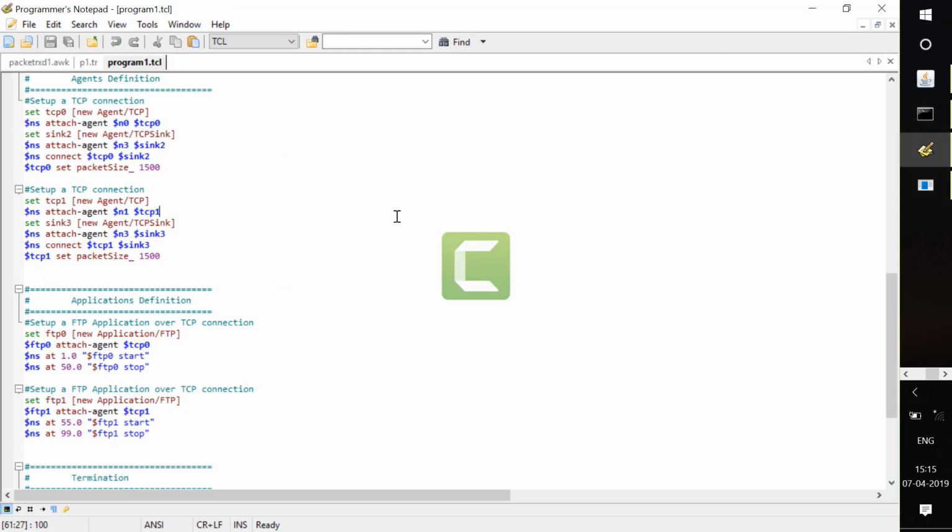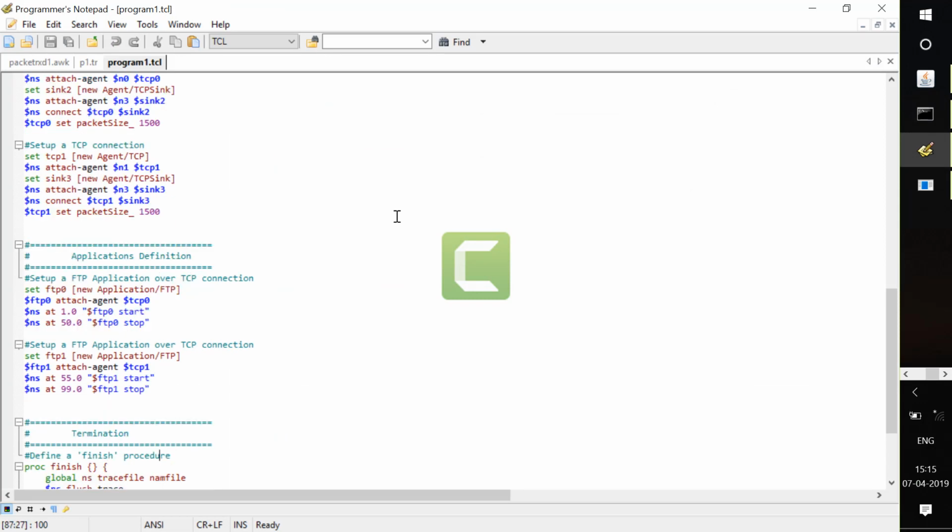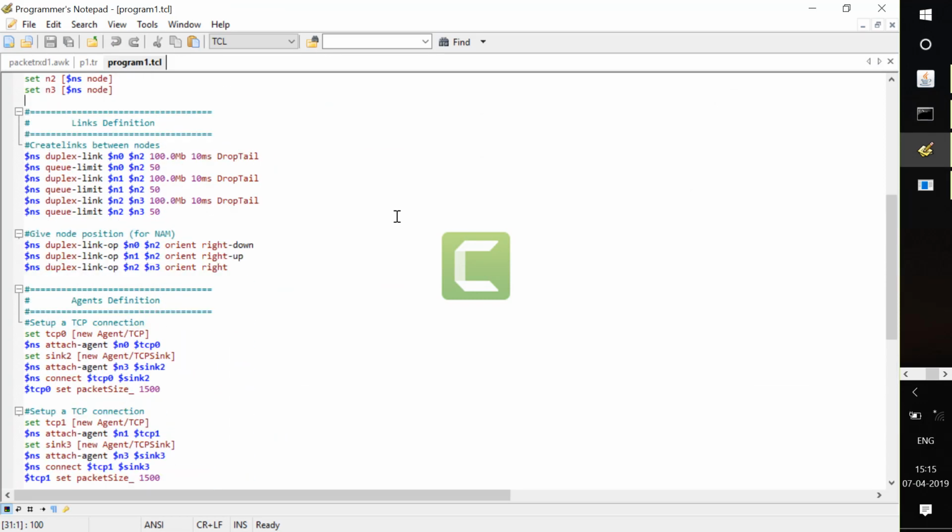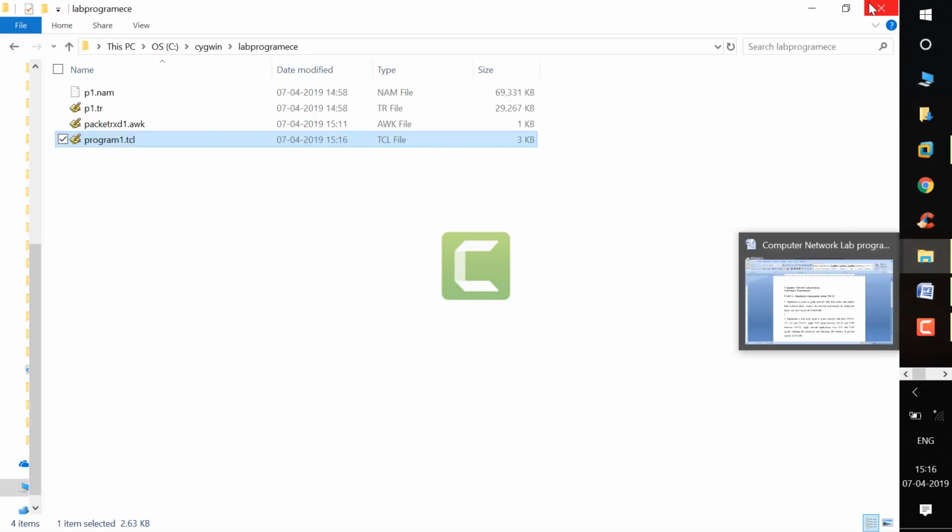How to change this value here is the same way, go to the programmer1.tcl file where you have saved, just change the bandwidth. Here it was 100, now make it 500, make it 700, make it 900 and save it, right? If you want to change the queue size value, that is the buffer value, you can change here, instead of 50 you can make it 60, 70, 80 like that. Let's see here. We'll run that once.